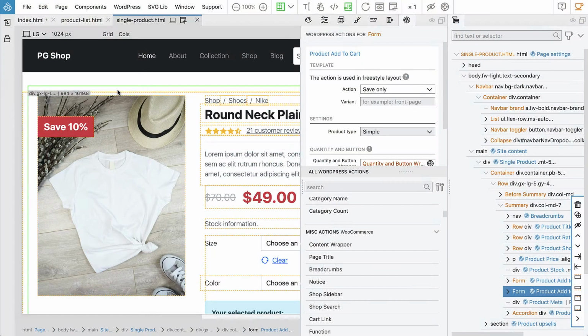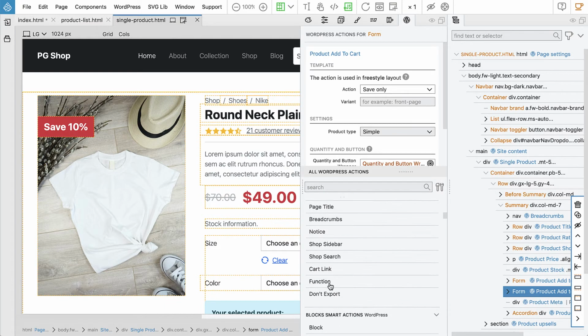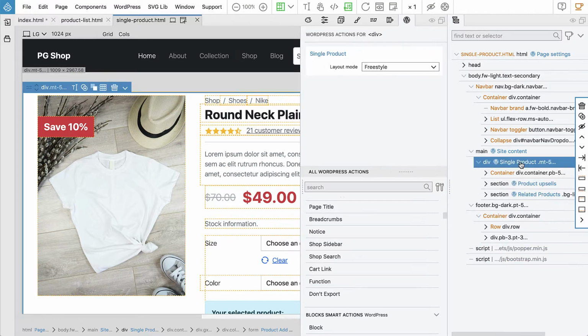So let's take a look at how you can add custom PHP code to your project. One way is using the function action. Let's say we want to insert something before our product display. So let's select single product div and then click on function,